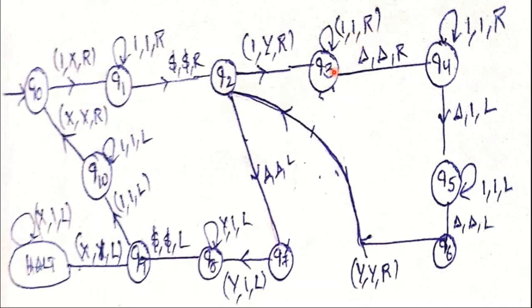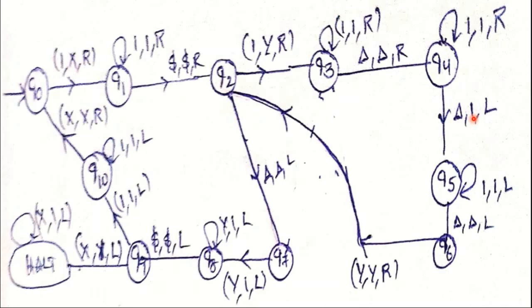After completion of all ones, we reach the end of the input, that is del. Del stays as it is and then move right. After the end of the input there are a number of dels, that means there are no symbols. So we leave one del and then copy the particular value marked in variable b at the next del. We skip the first del, and in place of the second del we copy that one. So the del is replaced with 1 and then move back.